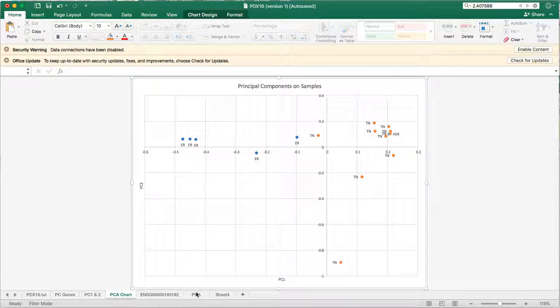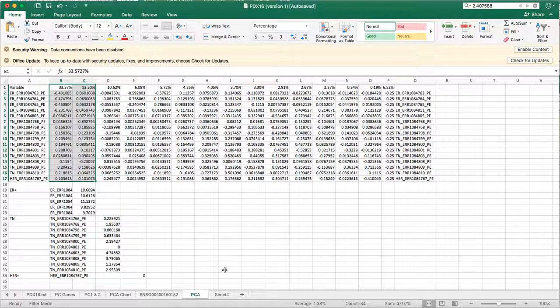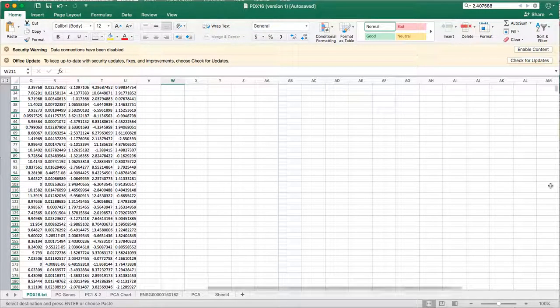This is the important part. We want to identify genes whose expression represents certain principal components. So we're going to go to our principal components table here. We're going to ignore the bottom part for now. It just shows our principal components for each of our samples. And I've already selected them, but we're going to copy. Let's do this again. Copy the first two principal components. Now we're going to go over to here,